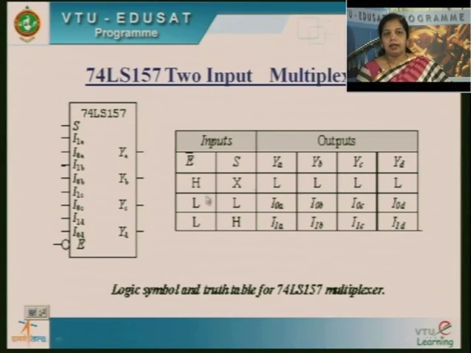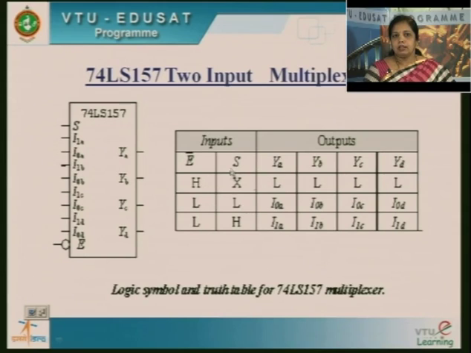So whenever I apply active low, that is a low signal to enable, since it is active low, then when I apply selection line low, what is my output? So at the output side I can get I0A, I0B, right? So I will be getting 4 sets of output when I apply low input to the selection line. So of course, in order to enable this IC, this enable should be active low.